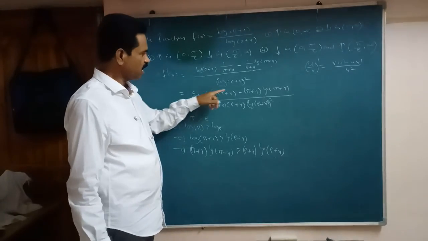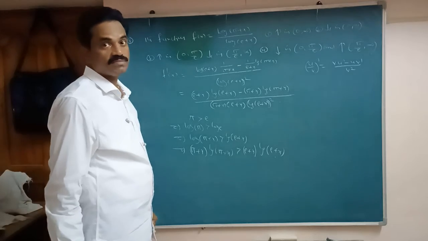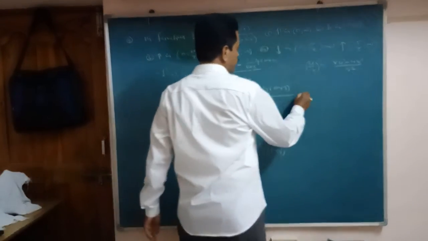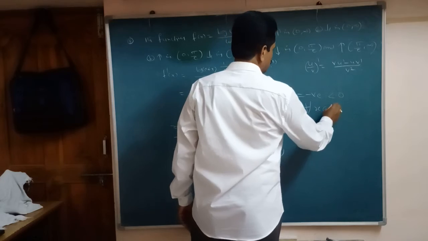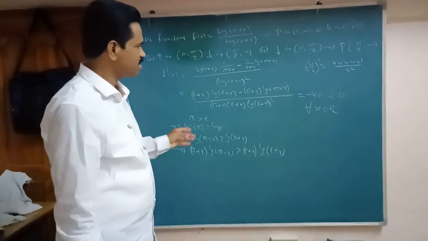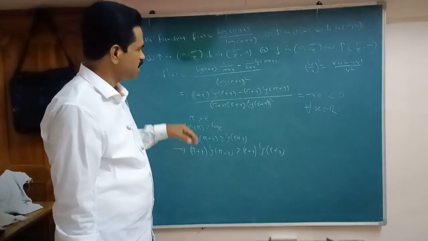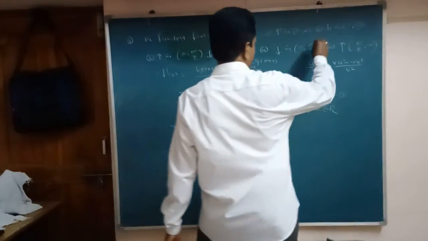So we can write, log of e plus x term is the least and the other is greater. Least minus greater is negative. Negative means it is less than 0 for all x belonging to real values. So f dash x is less than 0 for all real values, which means it is decreasing on 0 comma infinity.